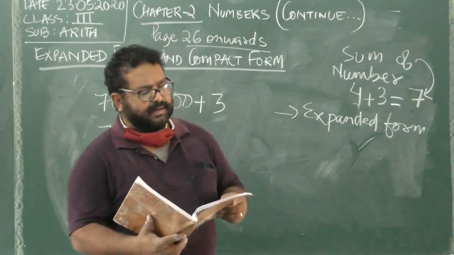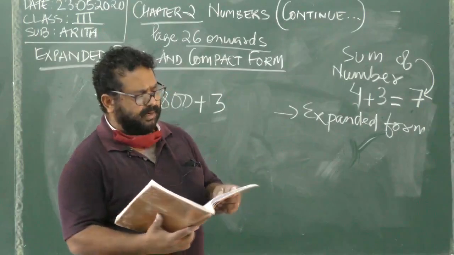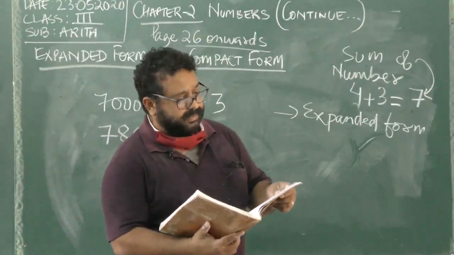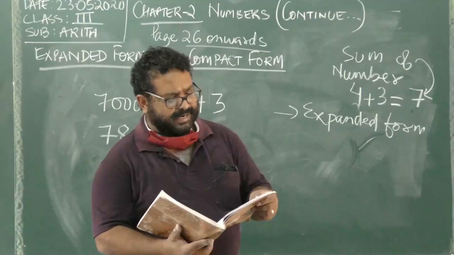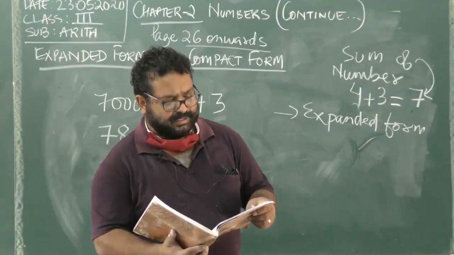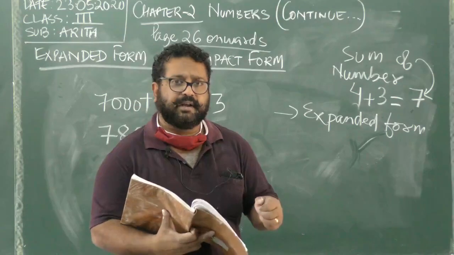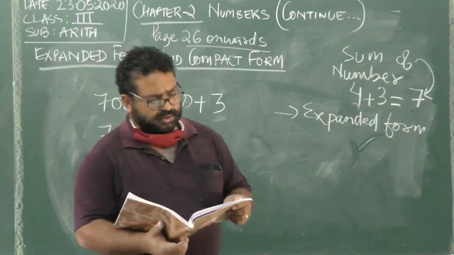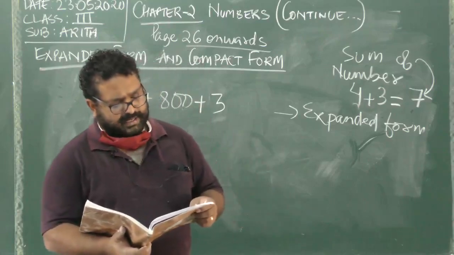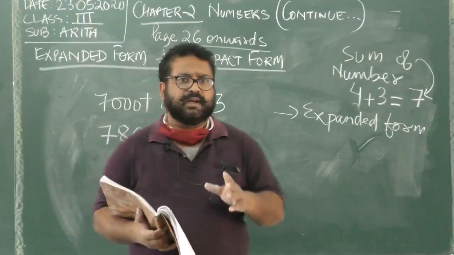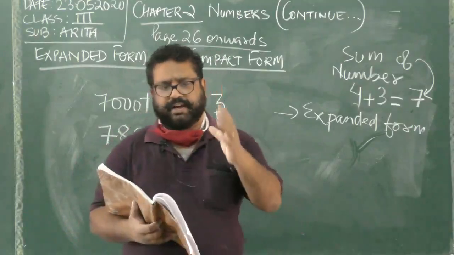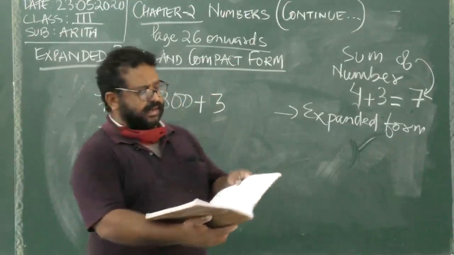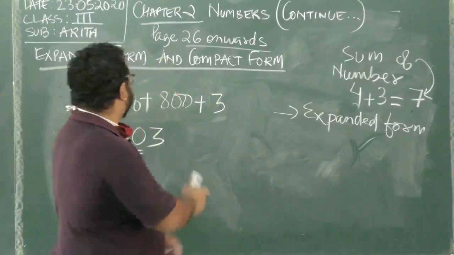Moving on to page number 28, exercise B, write the following in compact number. Very simple. Just question number 6. Question number 6, be careful. Question number 6 is 9000 plus 40 plus 3. So they are skipping the 100. Alright, so be careful when you do this. Even question number 8 is similarly asked. Number 9 and number 10 are little tricky questions, but you focus, read it properly, understand and then write. Then we have comparison of numbers. So we have finished expanded and compact form.